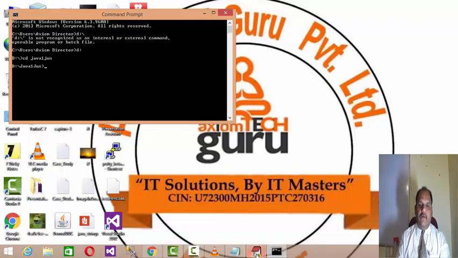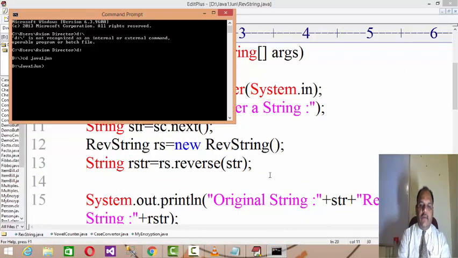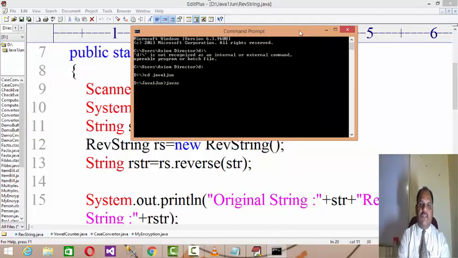Then I will compile first, that is javac, the Java compiler, and then ReverseString.java, right? So it will compile the code first, and then I will write java ReverseString, right, and hit enter.